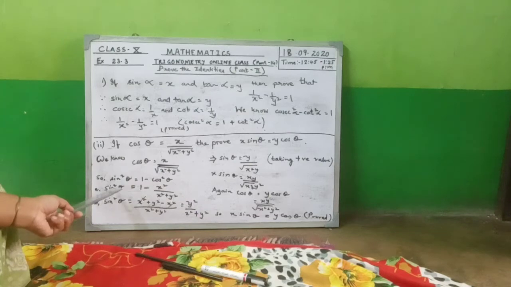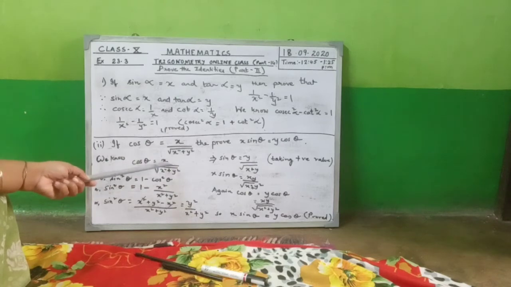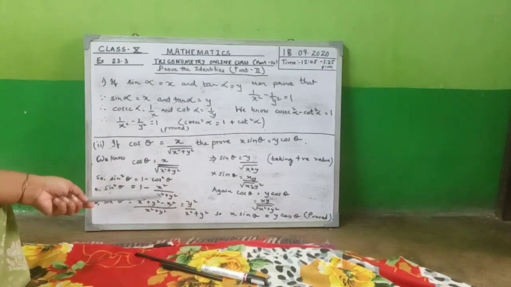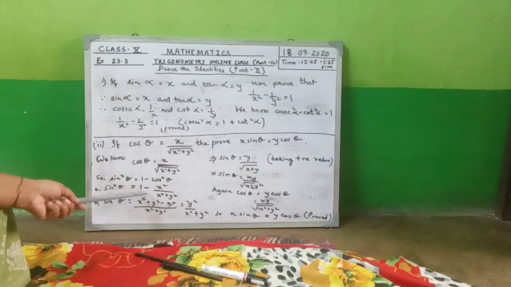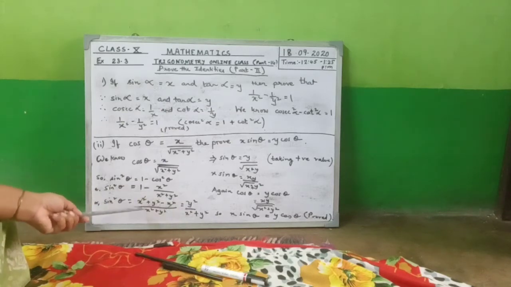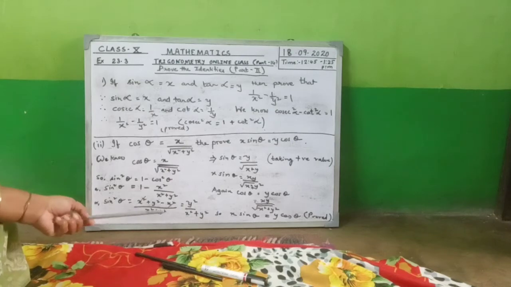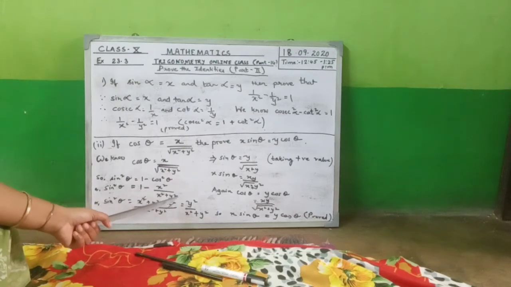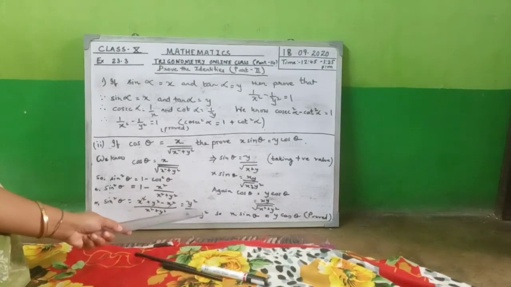So what is sin theta? Sin square theta is equal to 1 minus what is cos square theta? Cos square theta is x square by x square plus y square, and since we are squaring, the root gets cancelled. Now we are getting 1 minus x square by x square plus y square. Since there is nothing over here, we will do the LCM. Here the LCM, this will get multiplied with 1. So we will write x square plus y square minus x square, all divided by x square plus y square. X square minus x square gets cancelled. So what is remaining? Y square by x square plus y square.